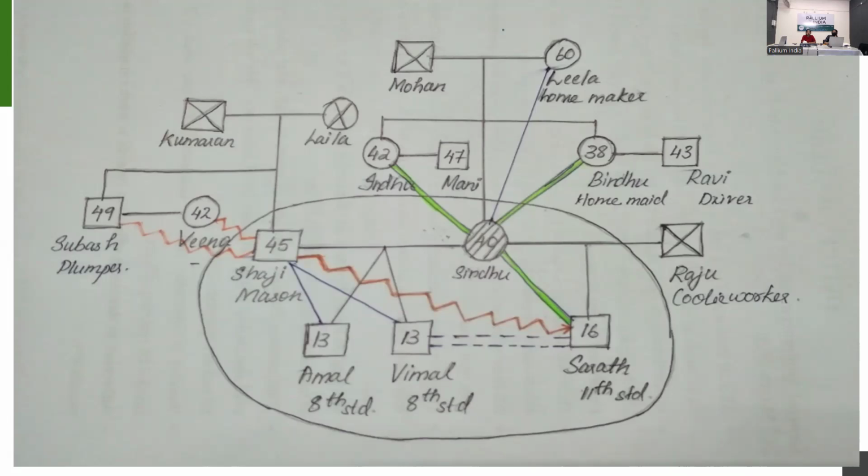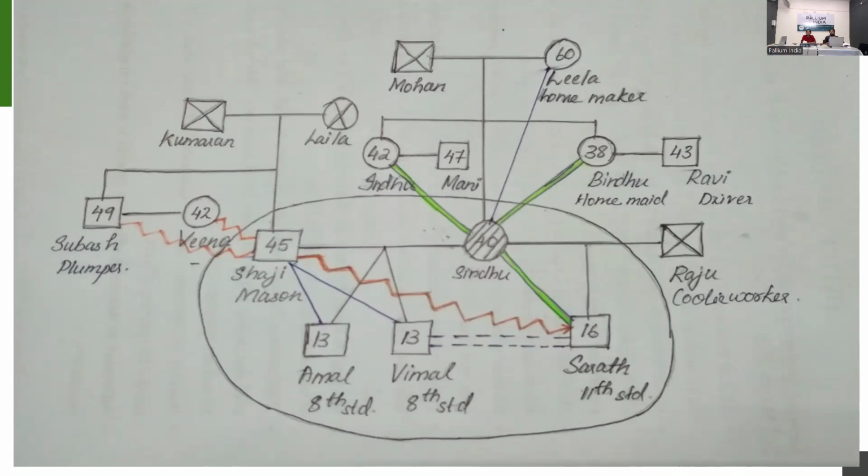As she mentioned, instead of reading a lot and writing a lot, this picture itself will represent a lot about the family dynamics. I'll just summarize what Dr. Uruza mentioned. Sindhu has a very close relationship with her siblings, her two sisters, and she is very close with her first child, Sharat. And as Dr. Uruza mentioned, the stepson and the stepmother.